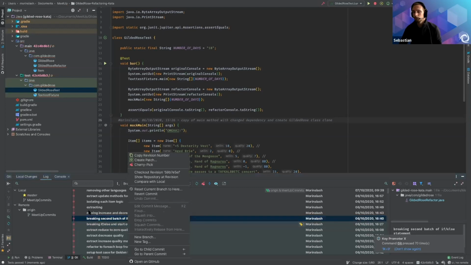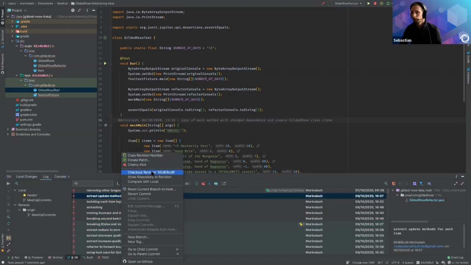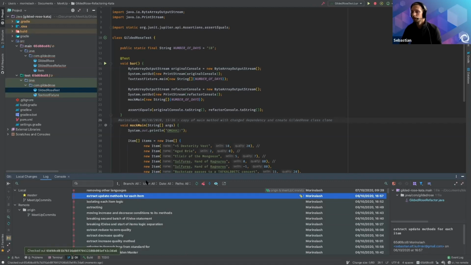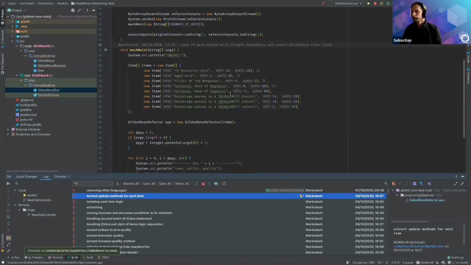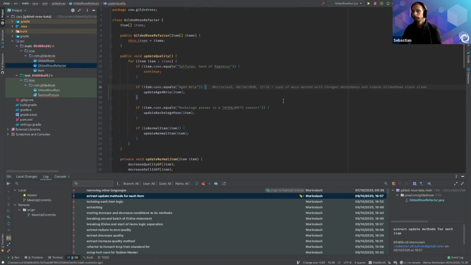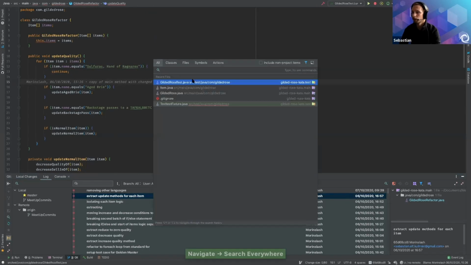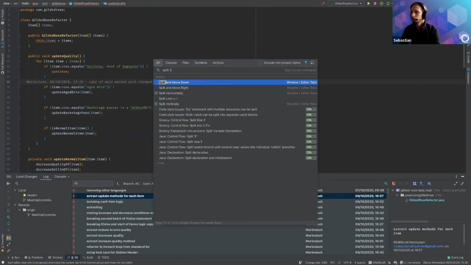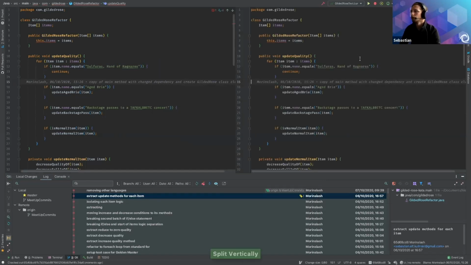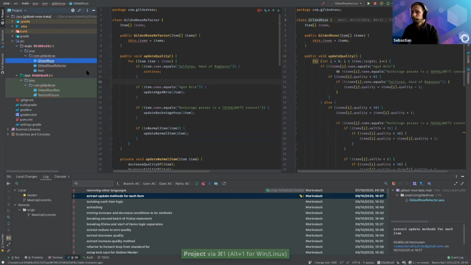And maybe I'll jump straight to the final point, because this will be the final code that I want to stop the presentation at. Let's go vertically and open the original one.